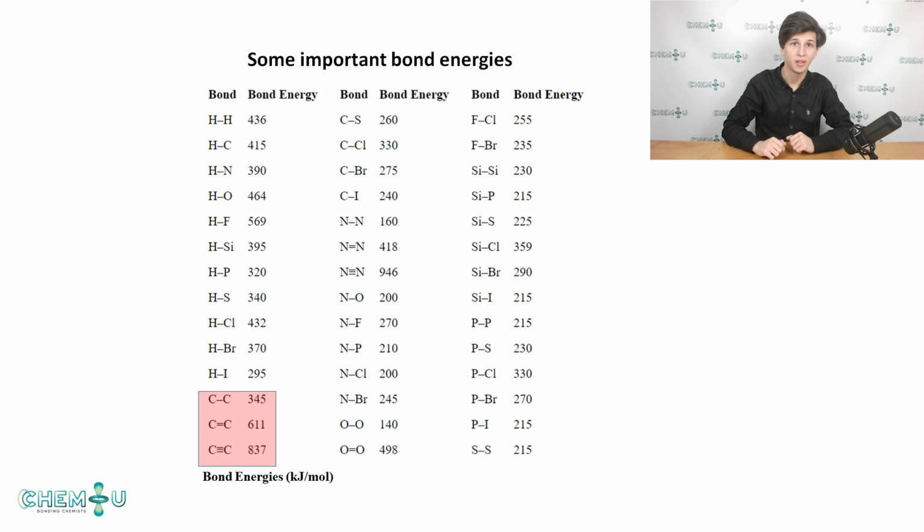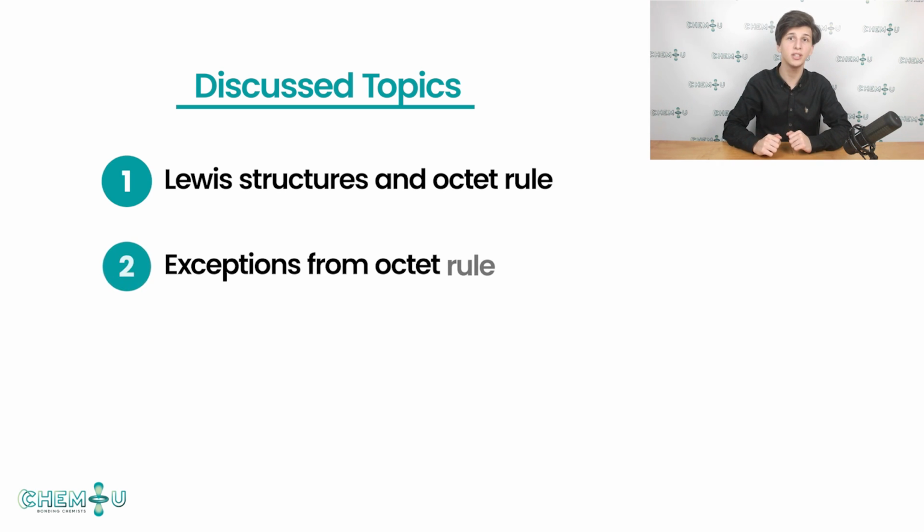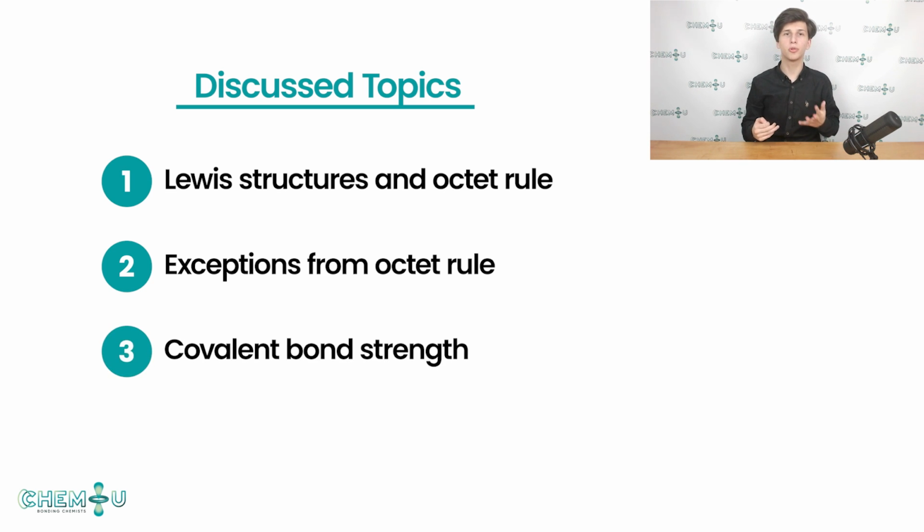That's it for today. Let's make a brief overview of what we have discussed. We have begun with recalling a very important rule from the inorganic chemistry course, the octet rule. Based on this rule, we talked about the Lewis diagrams that show the bonding between atoms of a molecule, as well as the lone pairs of electrons that may exist in the molecule. Then, we have continued looking at some exceptions from the octet rule. They are not so vital to know to treat the trivial organic substances. Lastly, we discussed a very important property of the covalent bond, namely its strength.